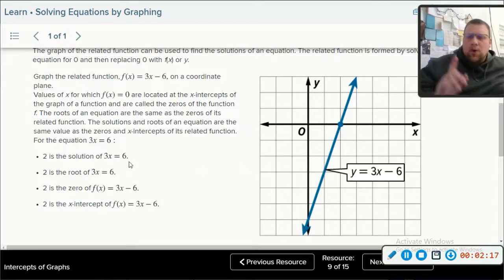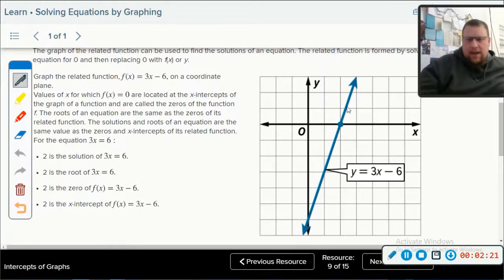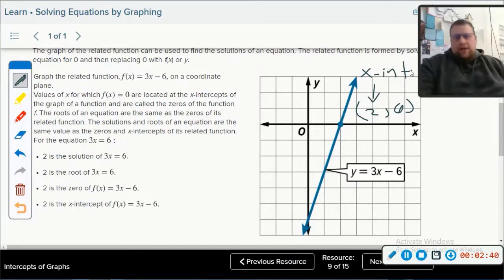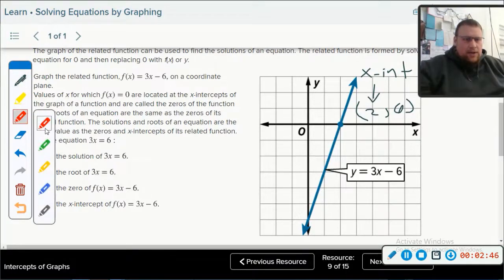And then I want you to write these key components. We're going to focus on the fact that the x-intercept or the root or the zero of this equation or function is (2, 0). Right? This is the x-intercept. I want you to focus on that because this 2 is a lot of things. And I want you to write each of these down. This 2